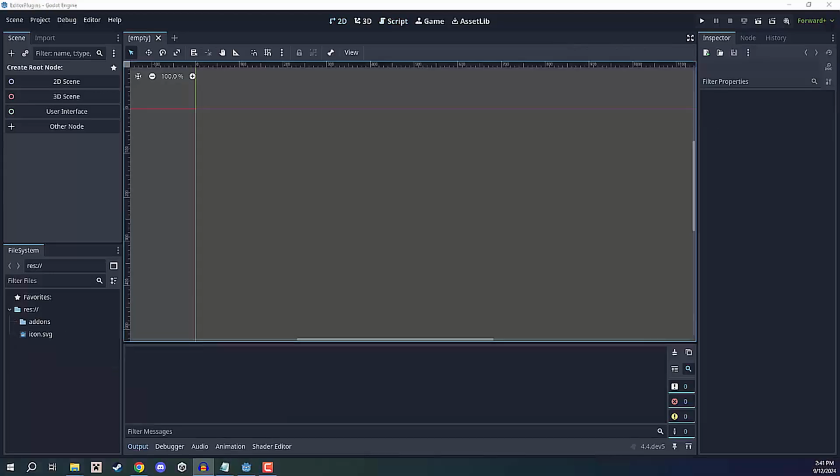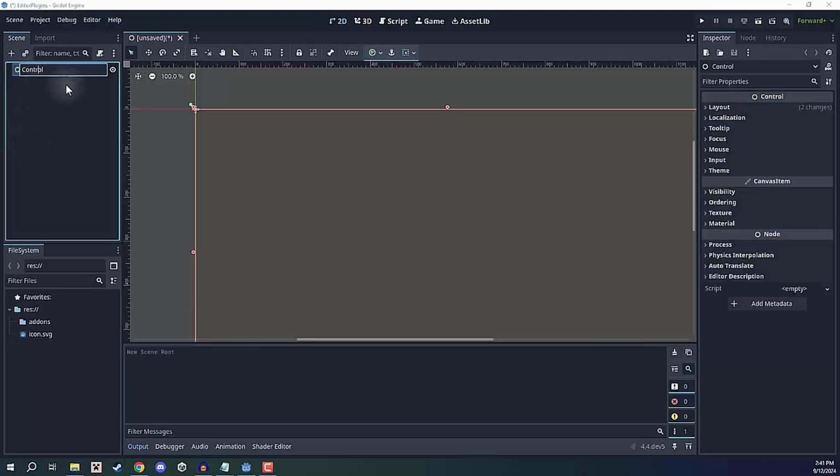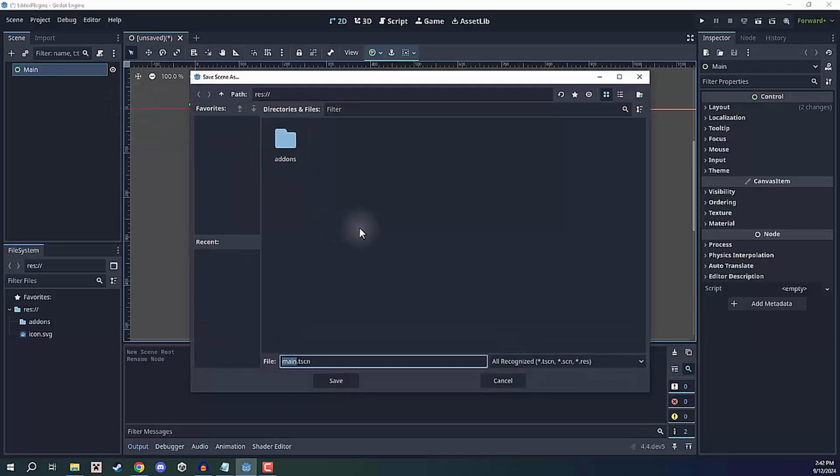Hey everyone, in this lesson we are going to be looking at creating a plugin that will allow us to implement our own custom node. Okay, so what I'm going to do first of all is go ahead and create ourselves a UI scene right here. Let's just call this main, and we'll save this to our project as, perhaps, custom node